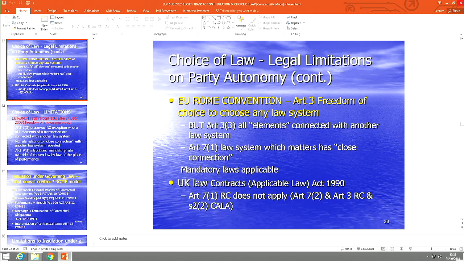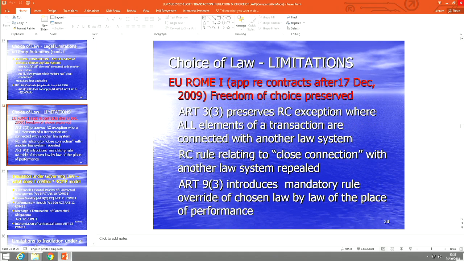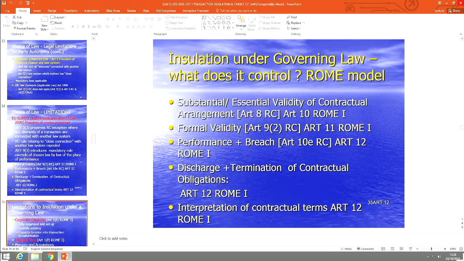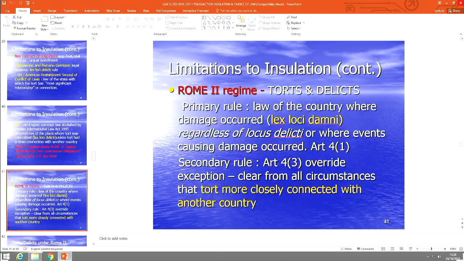We've got the Rome Regulation, which has got rid of this dreadful close connection rule. What Rome 1 has got, as you remember, it has got rid of the close connection rule, and it simply introduces the Article 9.3 rule saying the expressly chosen law can only be overridden by the law of the place of performance and its mandatory rules, nothing else. So to that extent, the law is one heck of a lot better under the Rome Regulation than it was under the Rome Convention. Okay, if you don't have any further questions,